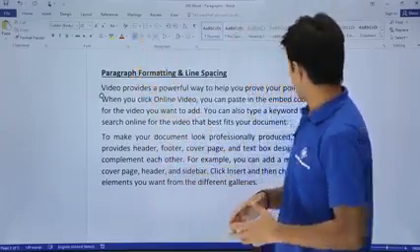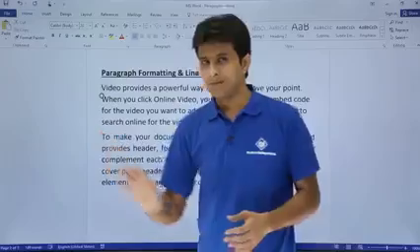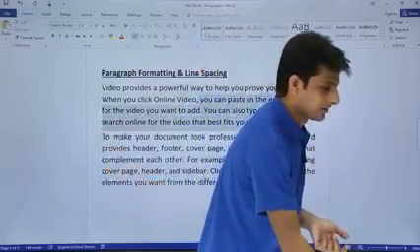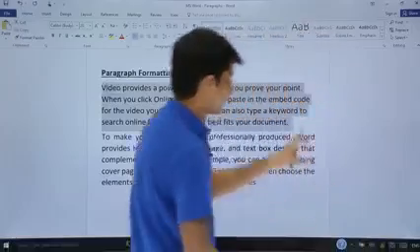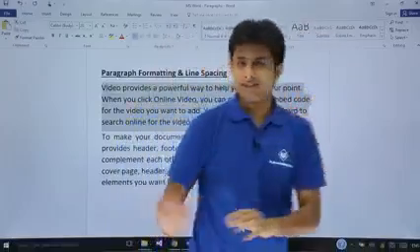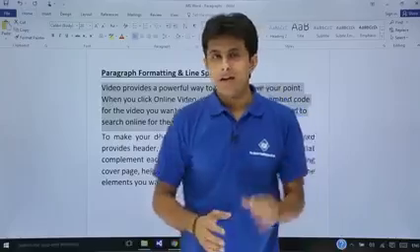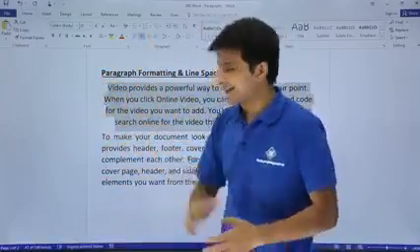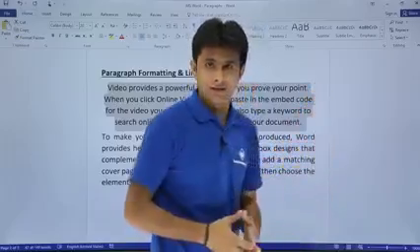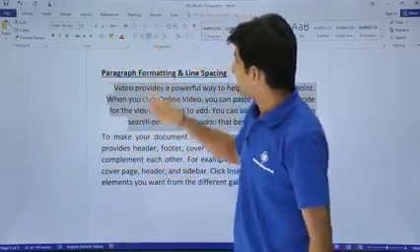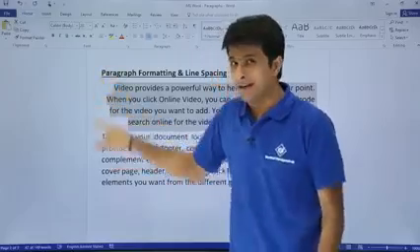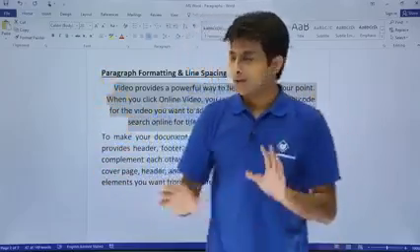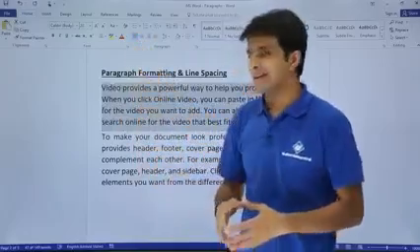So if I click on left, if you observe here, the entire text comes on the left and this area is left empty. So you see here, observe here, the space is left empty. That means it started the text from the left hand side. Now if I want to go from middle, if you observe, from the left also the space is left and from the right also the space is left, right? If I select the right option, from the left hand side that space is left, but from the right hand side there is no space which is left. So the one people use mostly is the left indent,